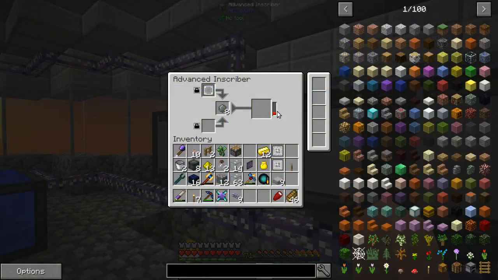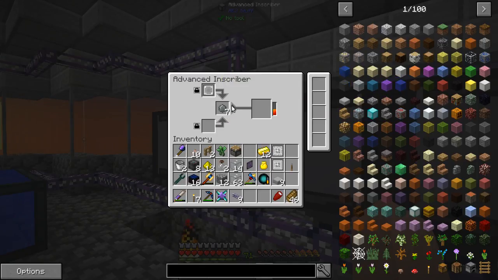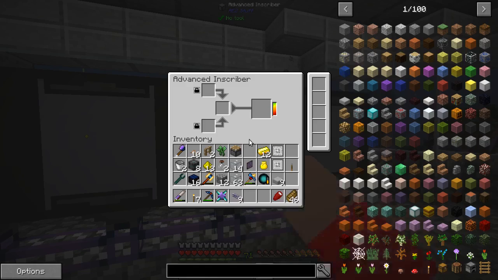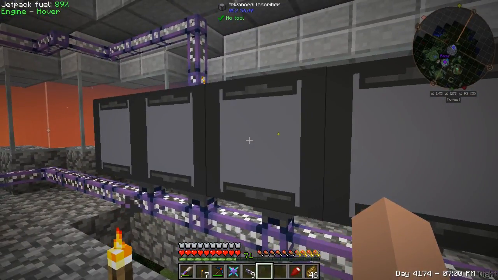Okay. Relogging didn't help. So I took the pattern and the silicon balls, and I moved to a different inscriber and just put them in manually, and it does seem to be working. So this one here and this one here may be corrupted. I don't know what's going on here. But that's weird. So I might have to go ahead and finish this manually for now,